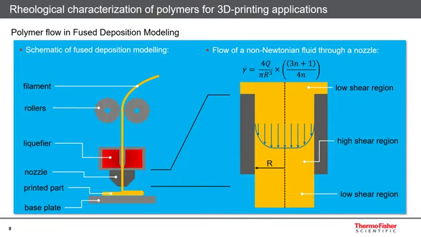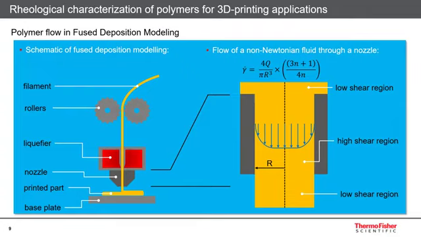On this slide, you see a schematic drawing of the FDM printing process on the left side with the essential components of the printing device. The polymer is fed into the printer in the form of a solid strand, usually coming from a larger drum, and the two counter-rotating rollers are pushing the material into the liquefier, where it's molten and then flows under the pressure of newly fed sample from above into a narrow diameter nozzle. Once it exits the nozzle on the opposite side, it links to either the base plate or the already printed part of the final product. By either moving the upper part of the printing device or the lower base plate, the final product can be